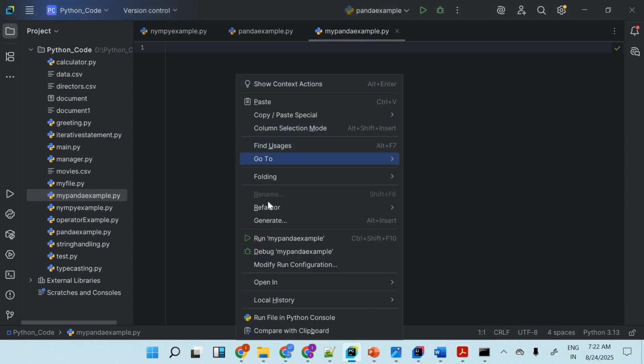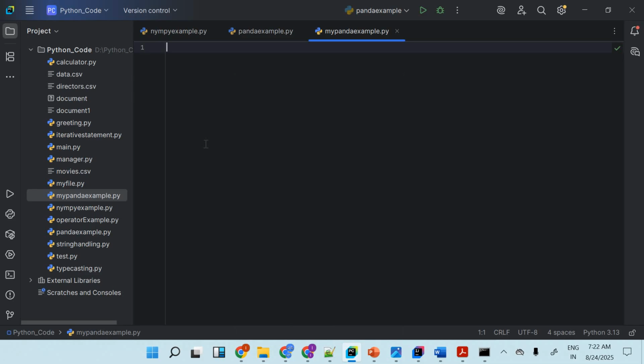So first of all, I have to just write import pandas as pd. Pandas is a library and pd is a short form of it, which we are importing. Pandas has different methods that we are going to use. Now let's understand with one function of it,